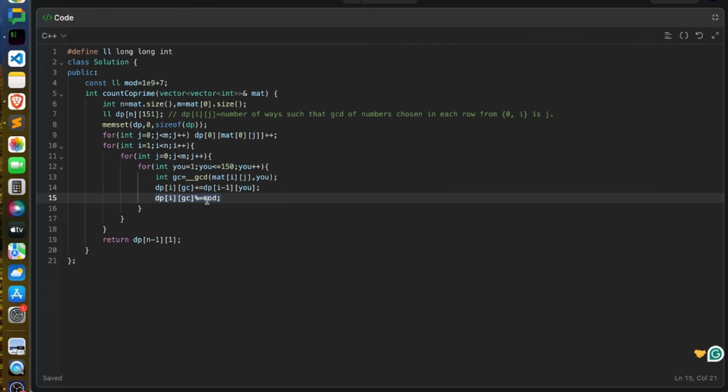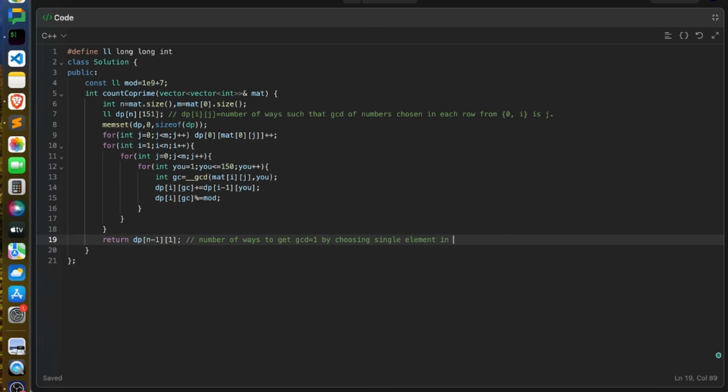And similarly just do modulo with mod, and at the end return, and your answer is going to be dp of n minus 1, 1. What it means is the number of ways to get GCD equal to 1 by choosing a single element in each row from index 0 to i. That's what the problem asks you, right? So yeah, I hope you understand